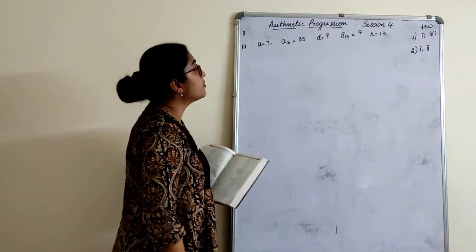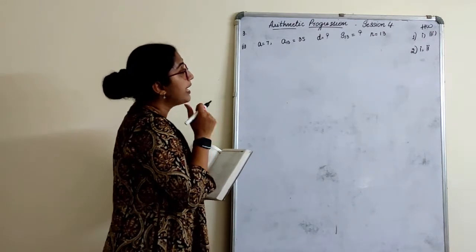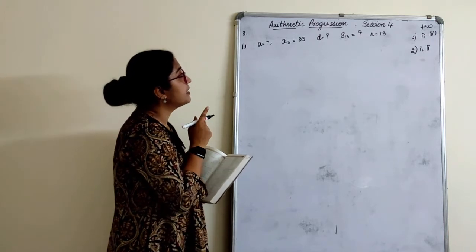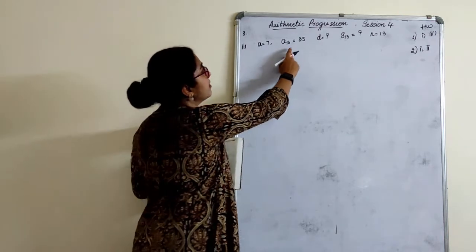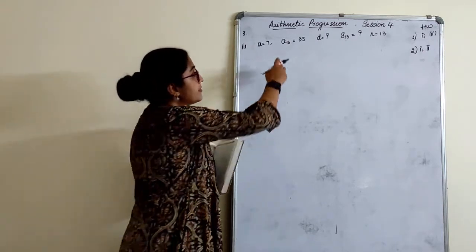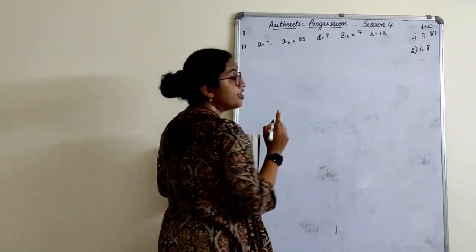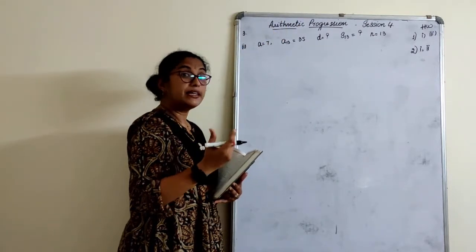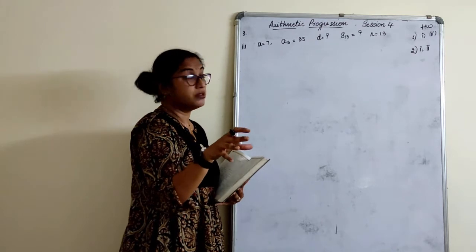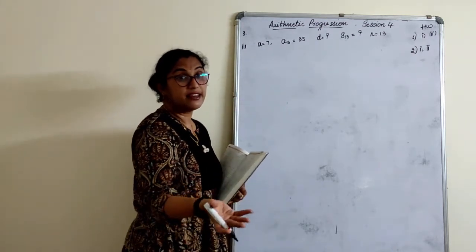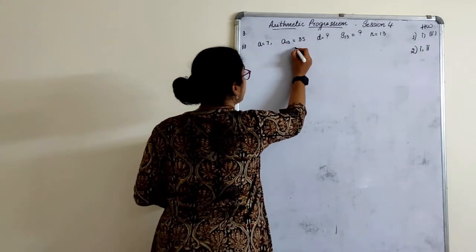Now just see here what all things are given. So S13 we have to find. Now N is given, A is given, An is given. How do I say this is An? Okay, leave it. See S13. What do you mean by S13? Sum of 13 terms, right? How many terms are given? 13 terms are only there. Last term is 35. That means it is An is 35. This is nothing but An, children.